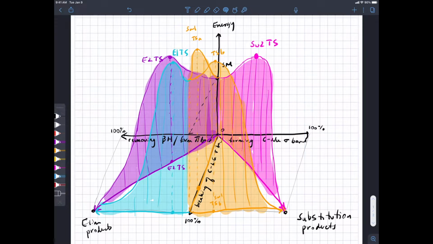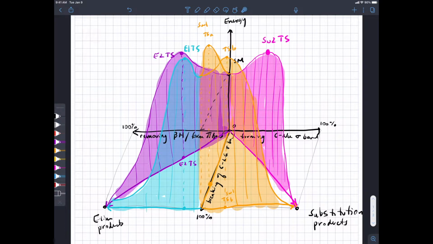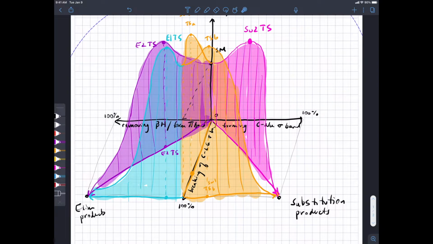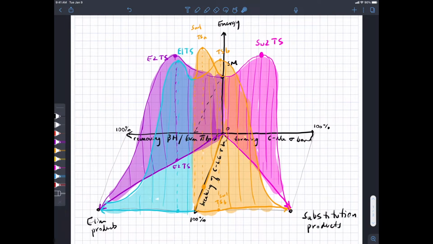As we've said, we start here at our starting materials point, and it's almost like in the famous poem by Dr. Seuss,